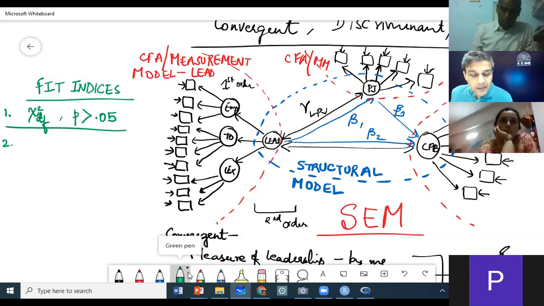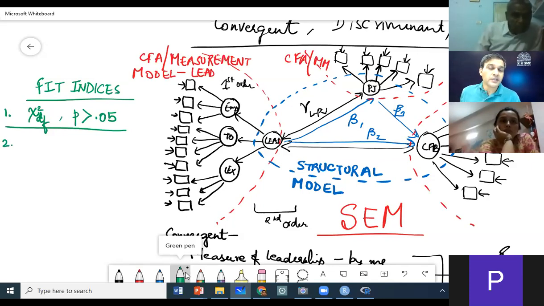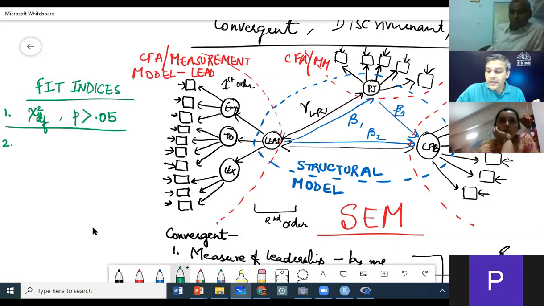A lot of times, this is the gold standard. If this test passes, everything else passes. That means you can confidently say that your model is a very good model, and your factor structure is a very good factor structure. You have done EFA also, and now you have confirmed it with CFA. But in the literature, people say that chi-square fails as the sample becomes larger.